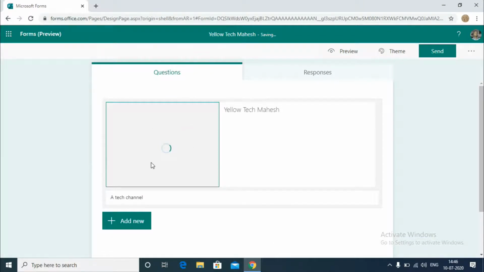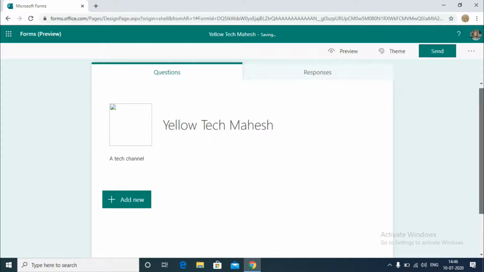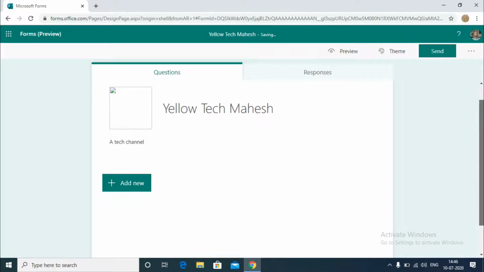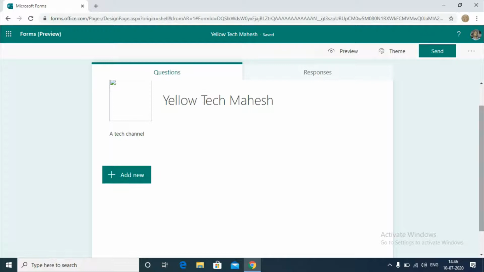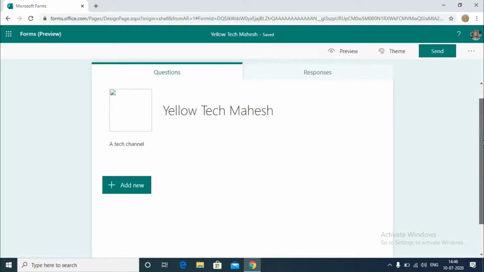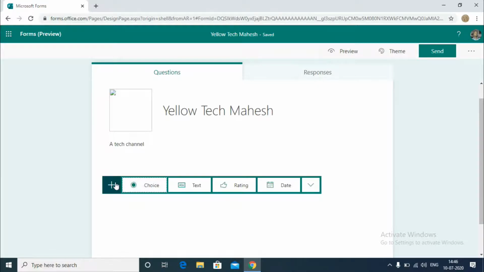It takes some time to load, that's according to your file size. Let it load. We simply add new questions as you want in this form. That image takes some time to load. Okay, just click on this add new to add new questions.